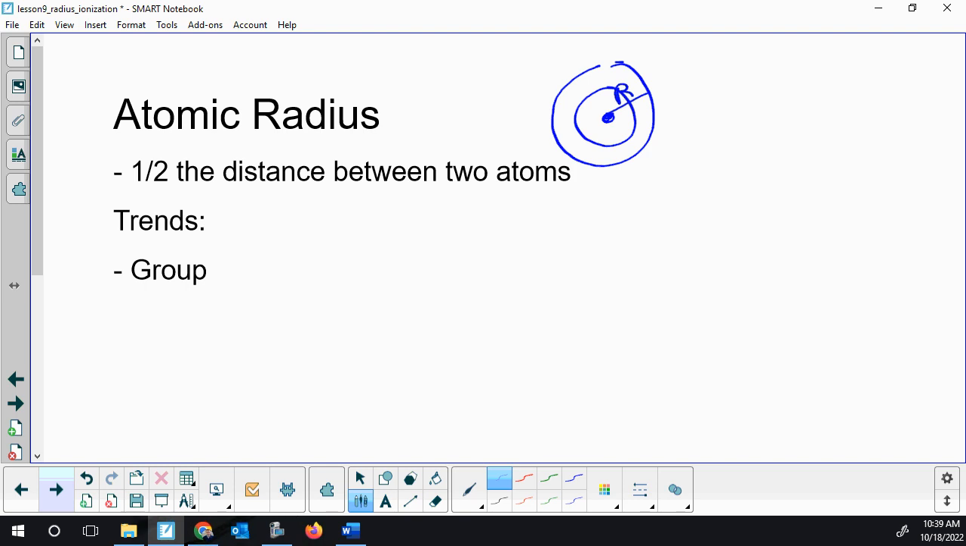Electrons, we can't know where they are. We've got the Heisenberg uncertainty principle. They're waves, but they've got average distances. So that in theory would work, but in practice it doesn't. But if you have maybe a